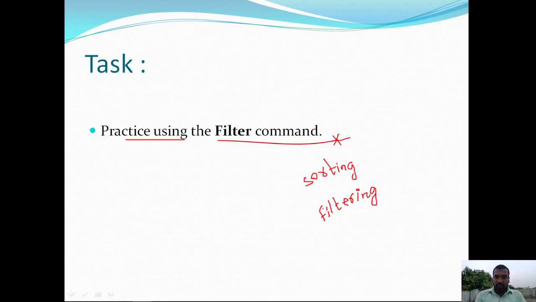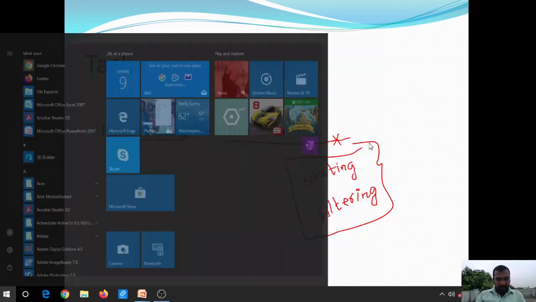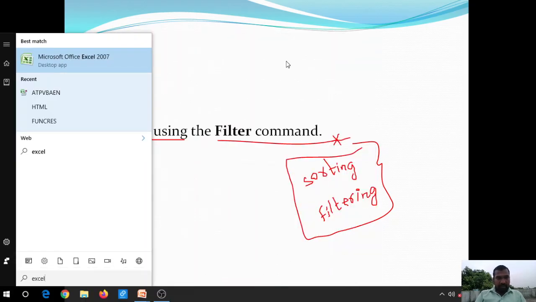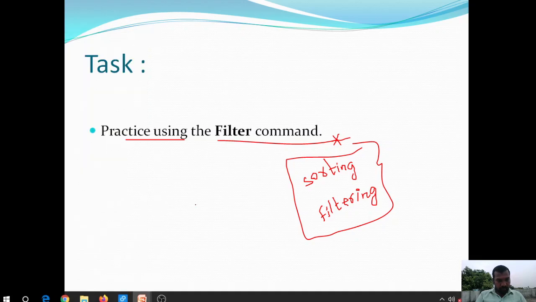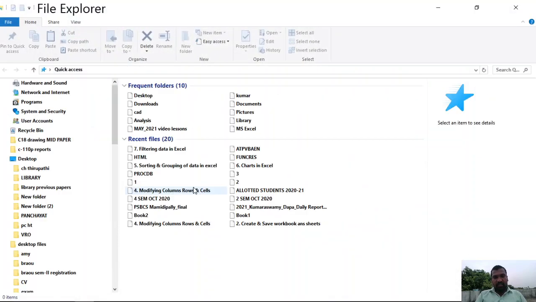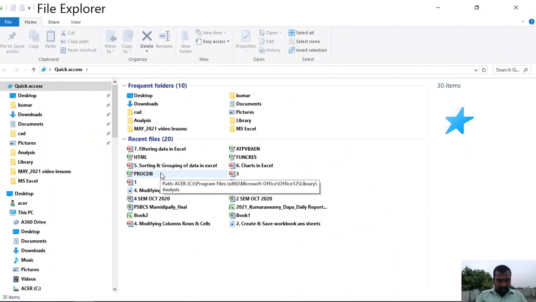Okay, so let us do the practical. I am opening the Excel application. I already have several files.